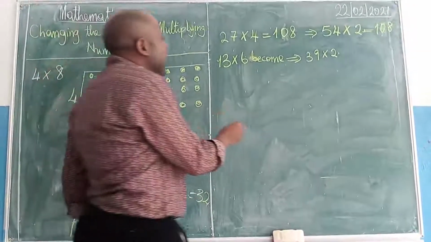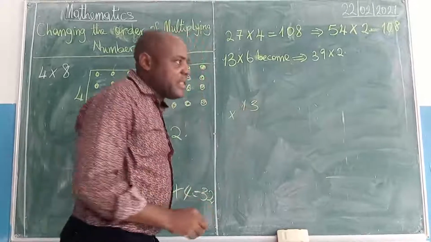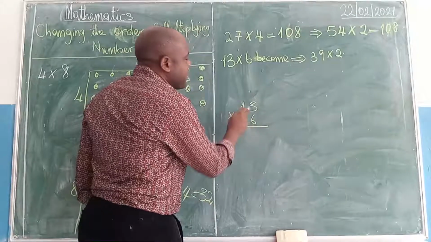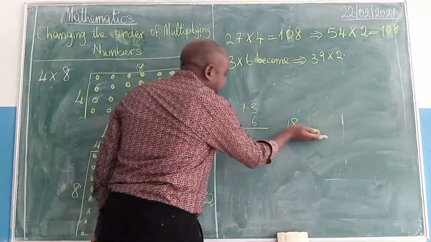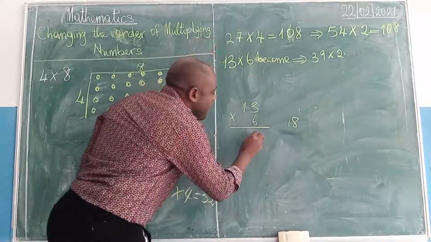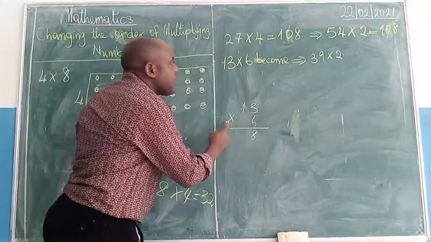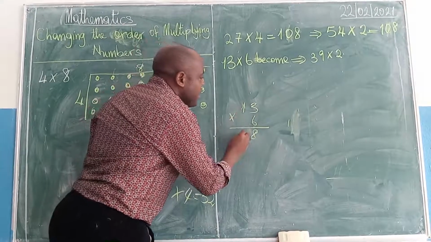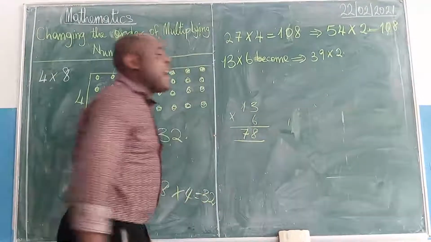If we want to multiply 13 by 6, I have 13 using the method we learned in class times 6. So 6 times 3 is 18. Like I said, we always put the answer first at the rough column. So we have 8 and we reserve 1. 6 times 1 gives me 6 plus the one we reserve, we have 7. So my answer is